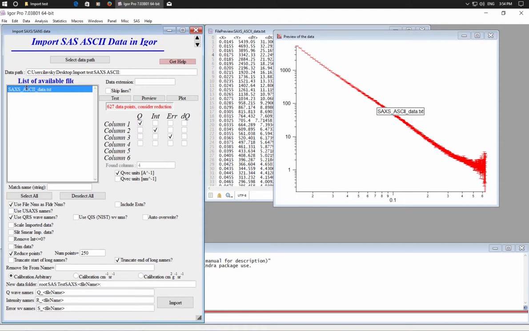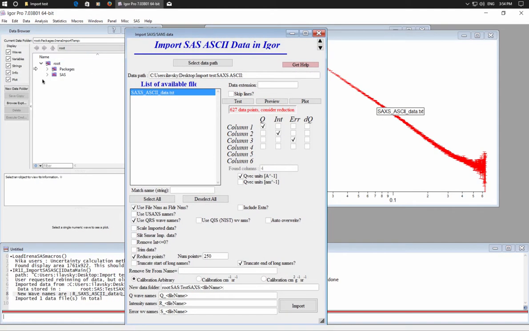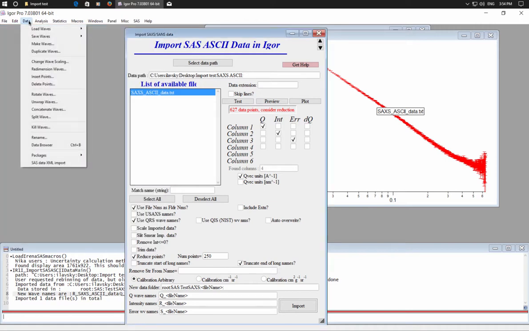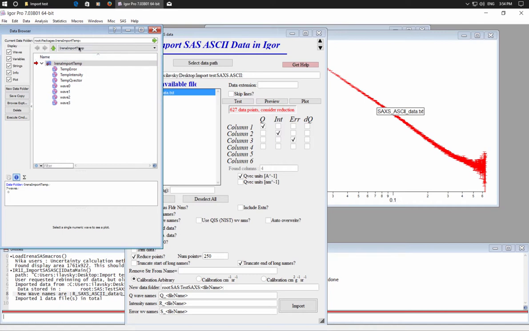Now what you do is you select one or more files and you hit import. When you do it, in the history area you get a note. It says imported here from this file. Data are stored in this folder, and I created new waves and so on. So now you can go in and look in the data browser. If you do not see the data browser, you go to data and select data browser. In here you can then go,